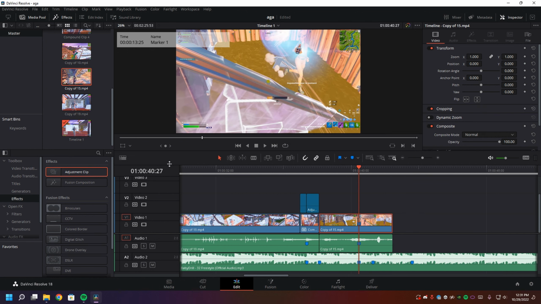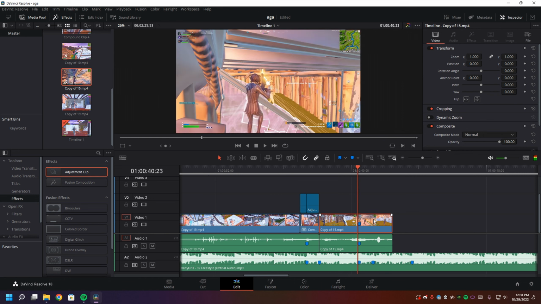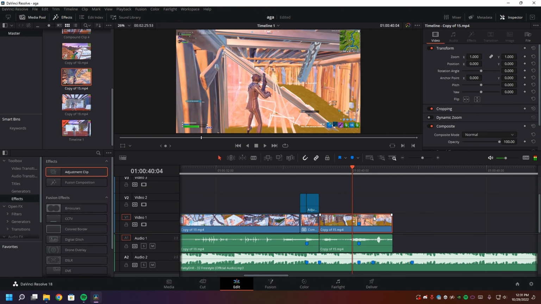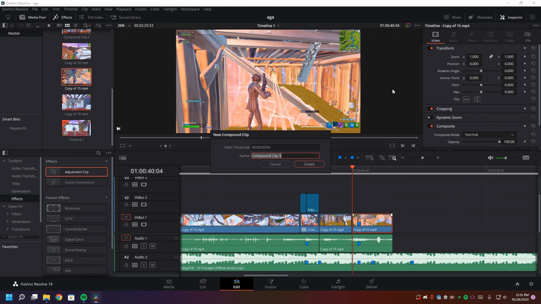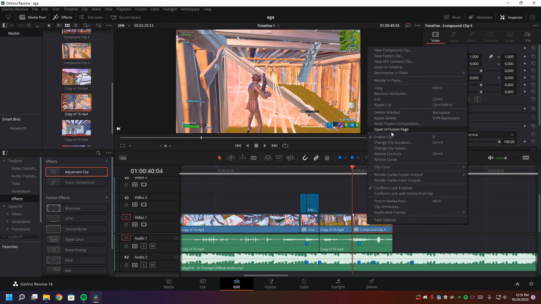For the velocity, you want to go 23 frames to the left, like that, and split your clip on there. The shortcut key for splitting is Ctrl plus B, if you're just wondering. And now compound this part and open that in Fusion page,